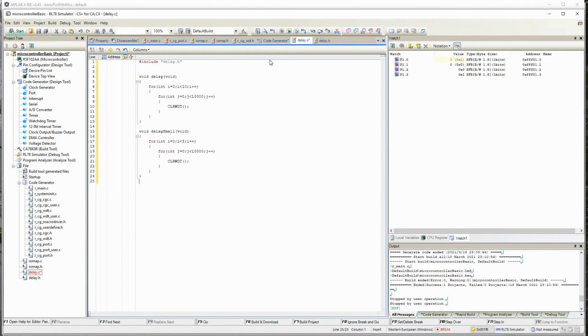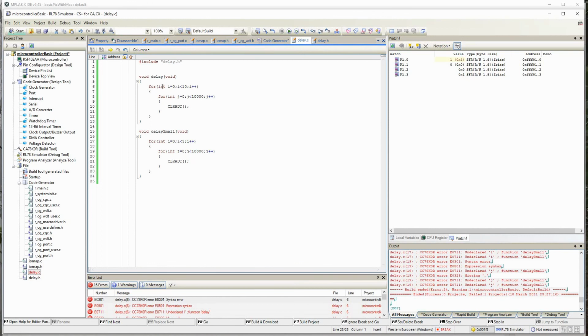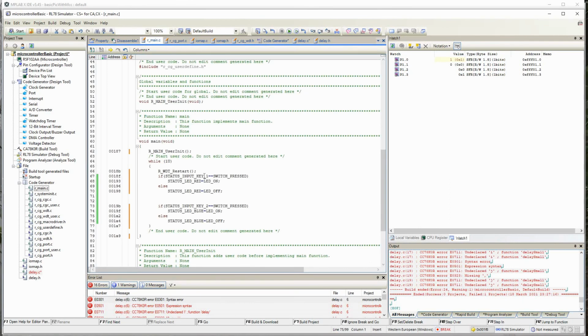And if you build it, there will be a couple of errors. One, in this IDE you cannot declare int inside a for loop. You have to declare all the variables at the beginning of the function, i and j both. And clear watchdog timer is not this one, it is watchdog timer restart.